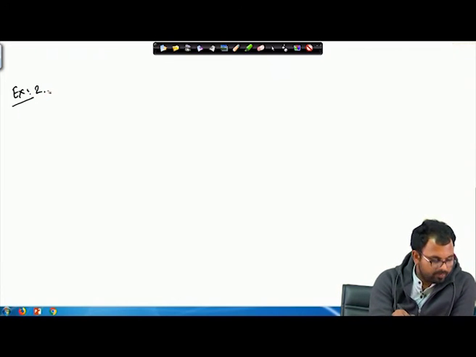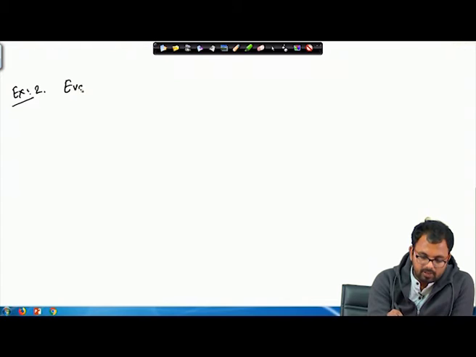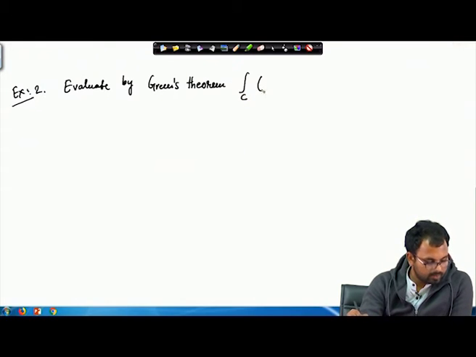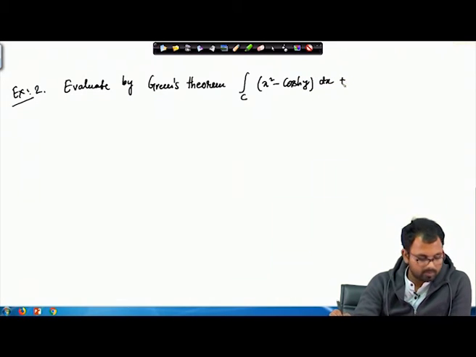So, example 2: evaluate by Green's theorem the line integral over C of (x square minus cos hyperbolic y) dx plus (y plus sin x) dy, where